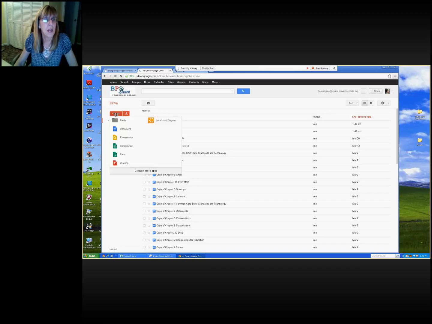Okay, you can create a folder, which is just a way to organize things. You can create a document, a presentation, a spreadsheet, a form, or drawing. We even have some charting software that's connected with Google Docs right now. So for tonight, we're just going to create a document. So when we click on Document,